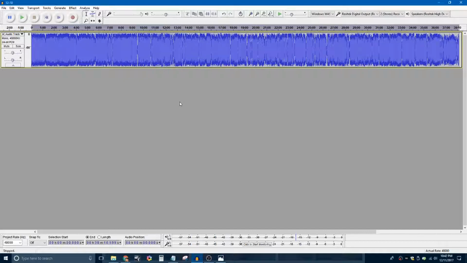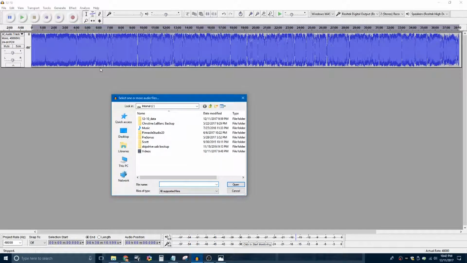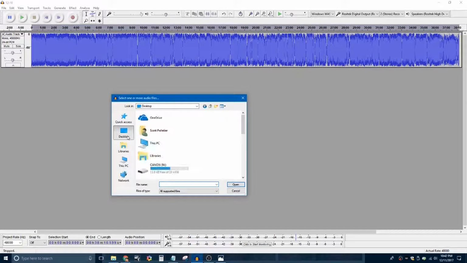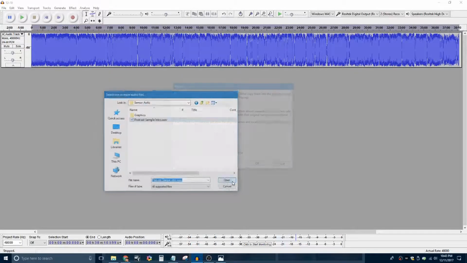Now we want to import our quick little introduction music, and we'll go to File, Import, Audio, and the Mac is set up the very same way. This is Windows obviously, but right on the desktop is a sermon audio folder. You might have to search around, but there's an intro file. I'll bring this sample one in,